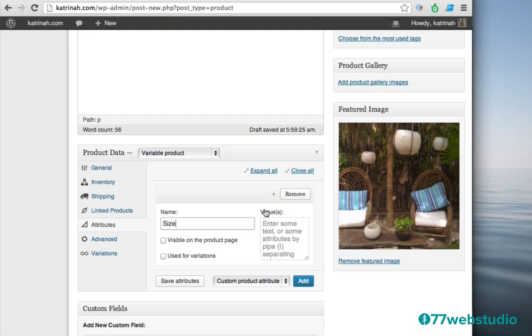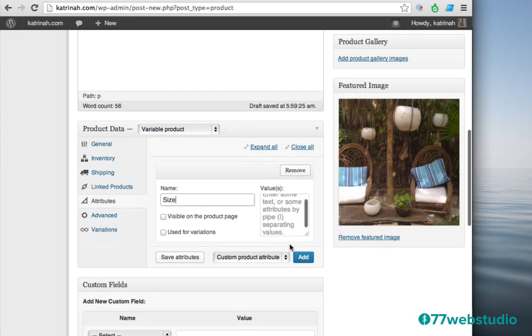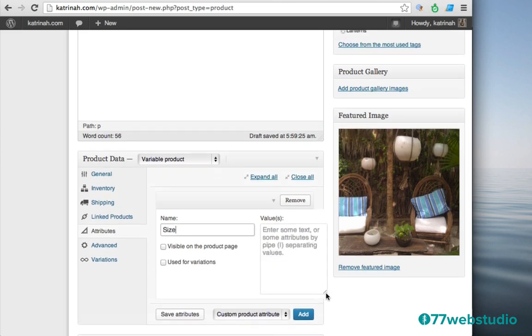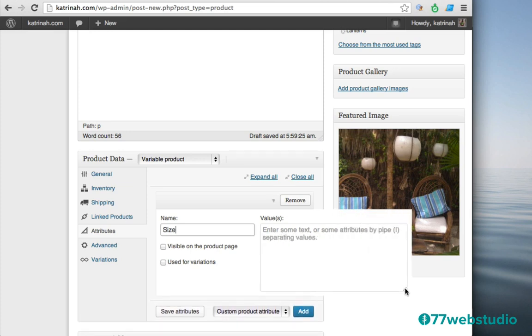Then you want to click on the values here. Note that it says enter some text or some attributes by pipe separating values. So what we need to do here, I'll make that wider so we can read it. When you want to add different values for the same attribute, you need to separate them with this symbol called a pipe symbol. And it looks like an L or a capital I. It's a vertical line. So I am going to call this small, and then I'm going to add the pipe value. The pipe value is located right above the return key. So you need to hold down your shift key, and right above the right-hand side enter or return key,